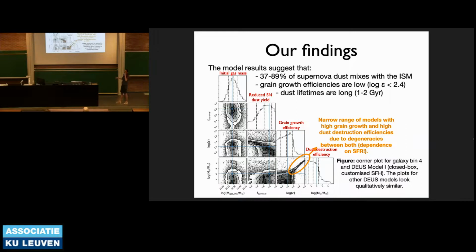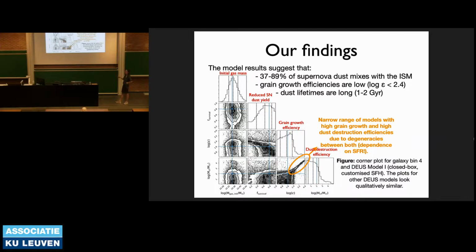And that's understandable, because the prescriptions for grain growth consider how much molecular gas there is. Molecular gas is related to the star formation rate, and of course the number of supernovae, and supernova dust destruction efficiency also scales with the number of supernovae that go off. So you can keep on increasing both, and so there's a clear degeneracy there, and that's also what other studies have been hampered by, because you can just play with the parameters a little bit, and that's what we show with our study here.